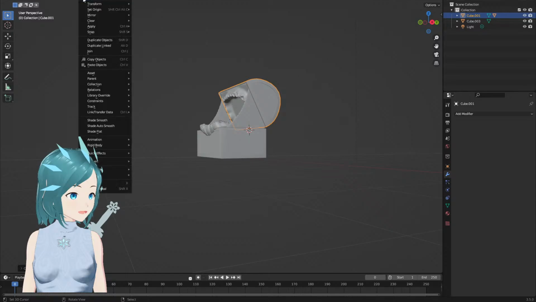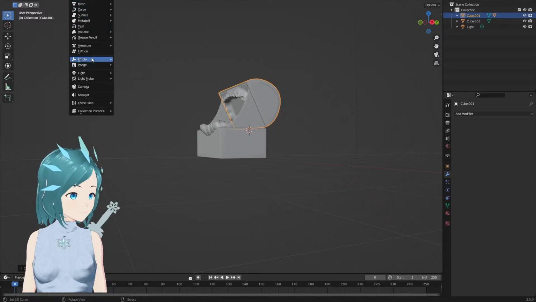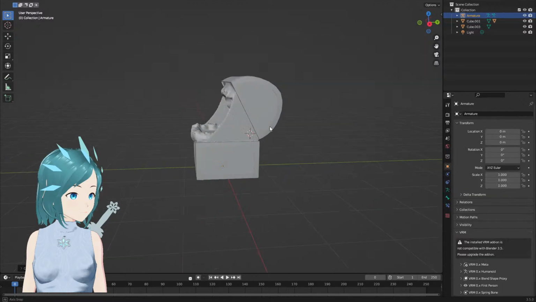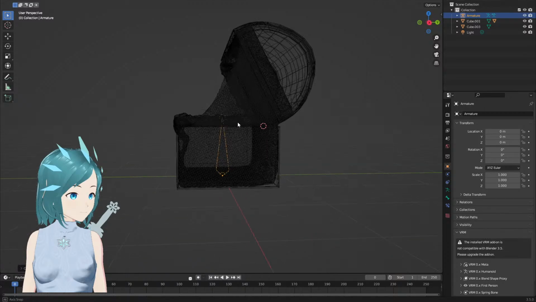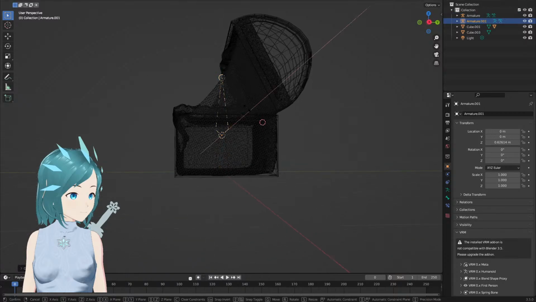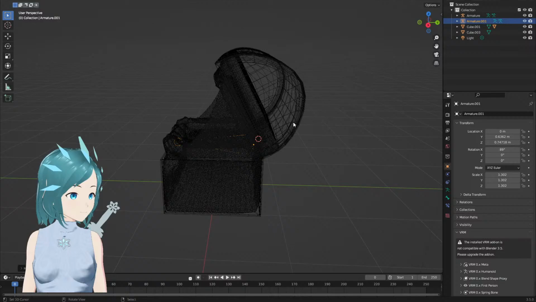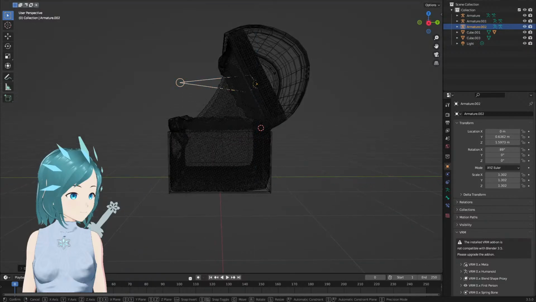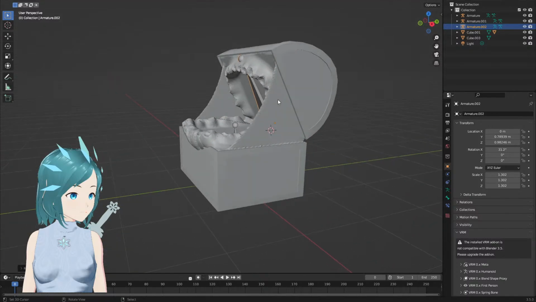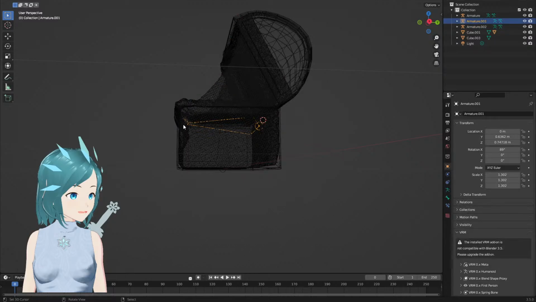Just gonna move some stuff around. Add, not empty. Add armature, single bone. Now this will be the bone for the head. I'll do a bone for the tongue later, but